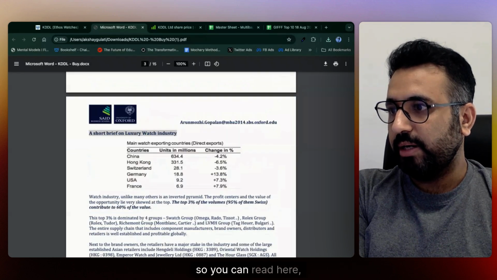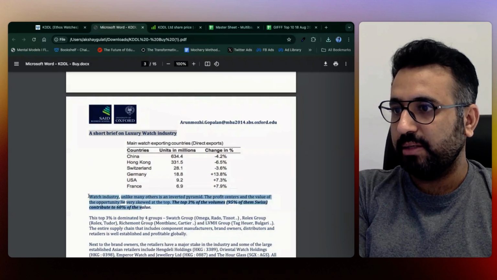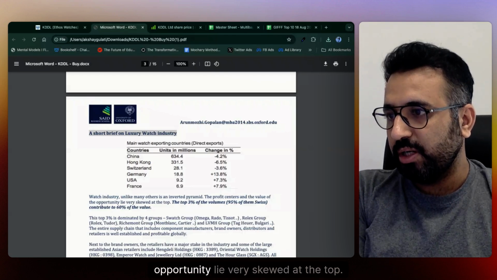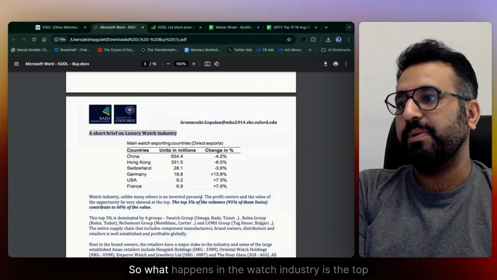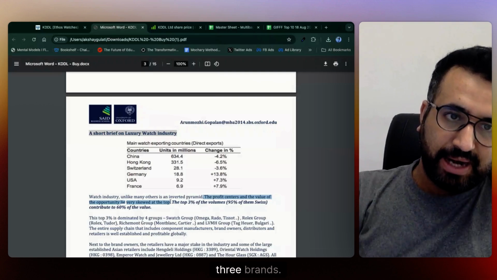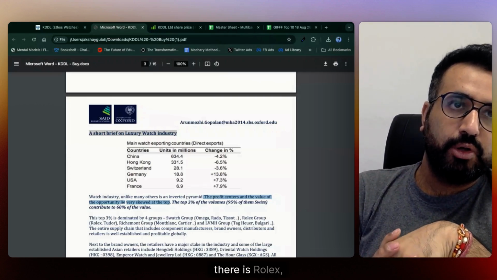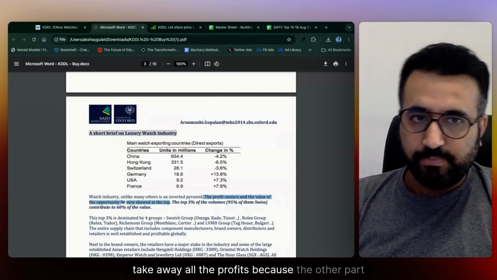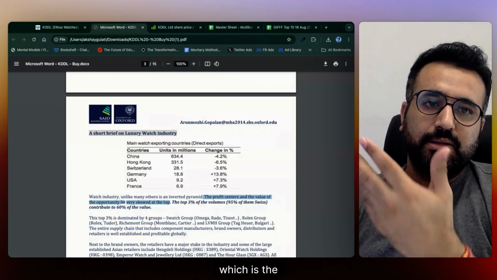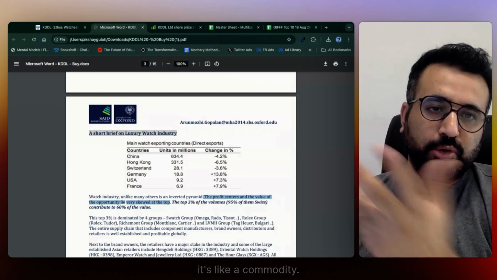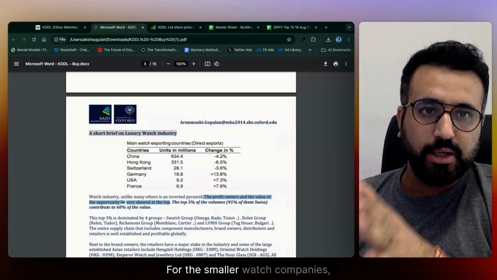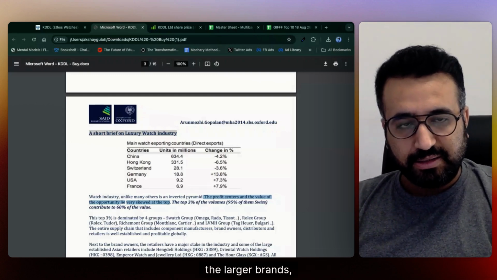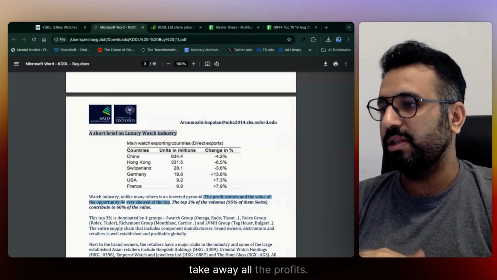So you can read here. The watch industry, unlike many others, is like an inverted pyramid, right? The profit centers and the value of the opportunity lie very skewed at the top. What happens in the watch industry is the top 2-3 brands, like Rado and Rolex, all these luxury brands, take away all the profits, because the other part of the market is like a commodity. So there are no margins left for the smaller watch companies, right? The larger, bigger brands take away all the value,